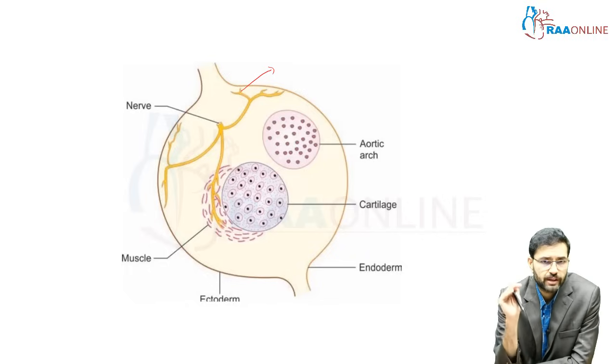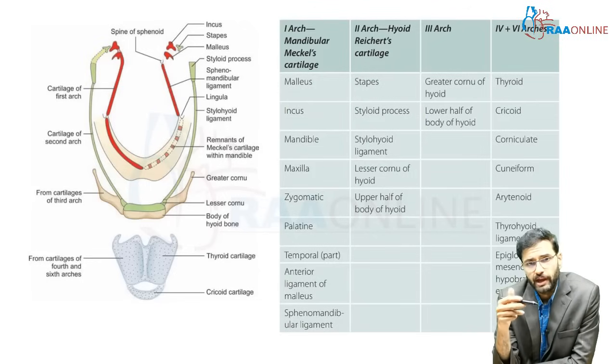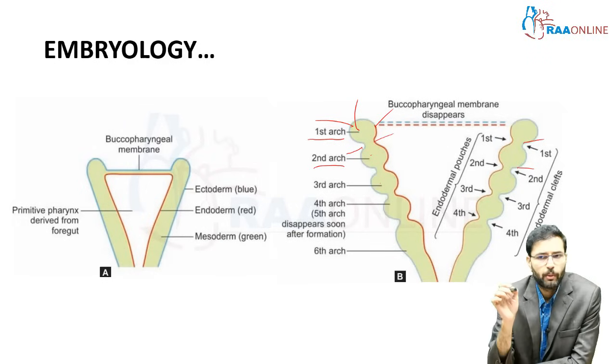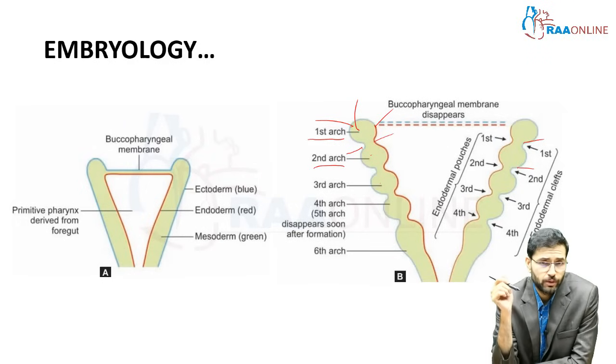So each arch has its own nerve supply, contributes its own nerve, and the muscles which are supplied by this particular nerve, a cartilaginous compound which gives rise to skeletal muscle derivatives, and aortic arch. A very important point to be noted is that the mesoderm that is located, like I told you, between the two ectodermal and endodermal components, this green color mesoderm that you can see here, also has within it neural crest cells. So these neural crest cells contribute to the skeletal component of